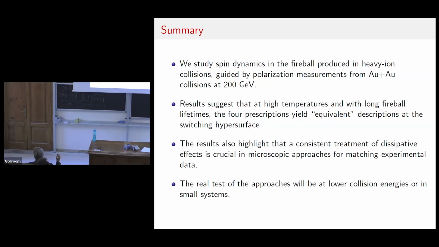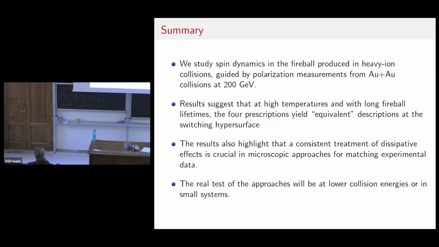And as far as I understand, prescription 1 and 2 is a straightforward prediction. There is a formula which does not require any additional parameter, and either you get the data or you don't. In fact, this was the case. In the third, at least prescription number 3, you have one more parameter to adjust, right?